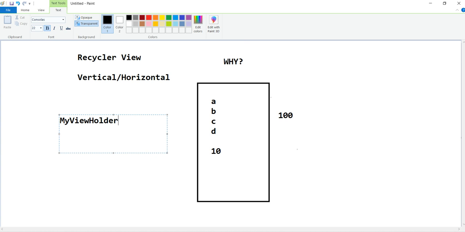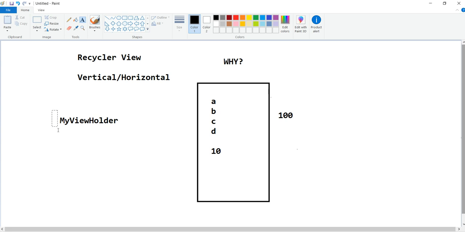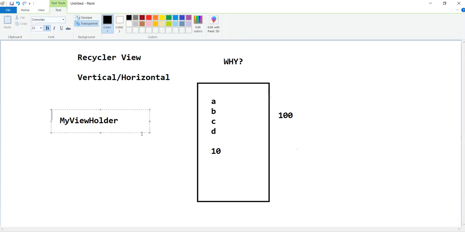The first time 100 items are loaded; when I scroll up, if 10 items are on the display, then only 90, again 80, 70, like this. If I scroll down, 30, 20, whatever it should be. That is the main benefit of this. Also, by changing just one word, we can convert from one orientation to the other.